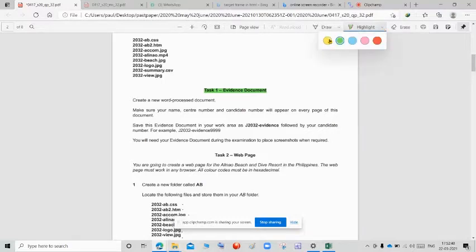In the document, we want the name, center number, and candidate number to appear on every page of the document, and we want to save the document as J2032 evidence followed by your candidate number. First, I am going to the